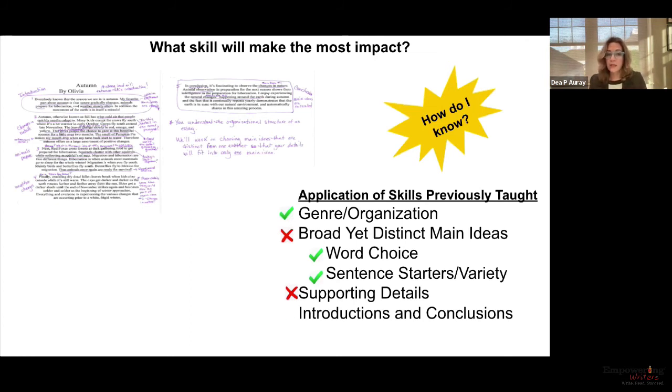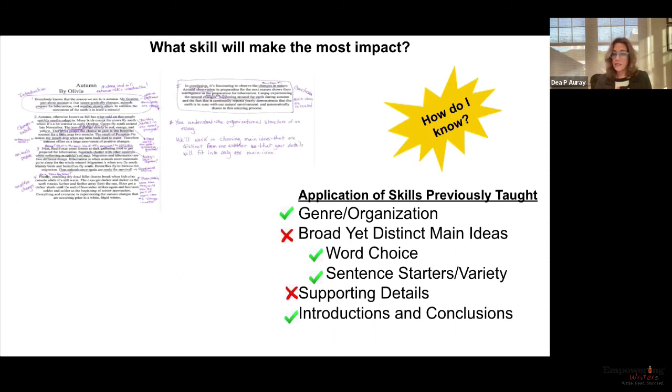So when we look at something like this, again, this is whole class that we look at. All of my students would have written a paper on autumn. They're all going to have their paper in front of them and have an opportunity to go back and revise. Now, I might challenge my students to say, okay, boys and girls, we went through this paper by Olivia. Here's what she did on hers. I want you to go back at yours, and I want everybody to focus on their main ideas and their supporting details. And I want every single one of you to read your main idea sentence and make sure that those supporting details in that paragraph support that main idea sentence.